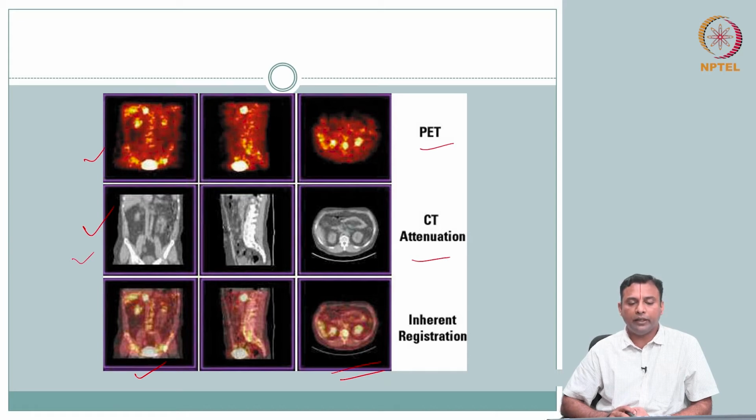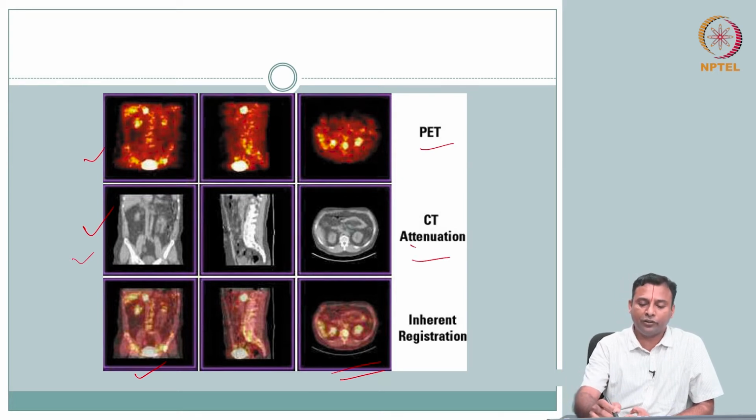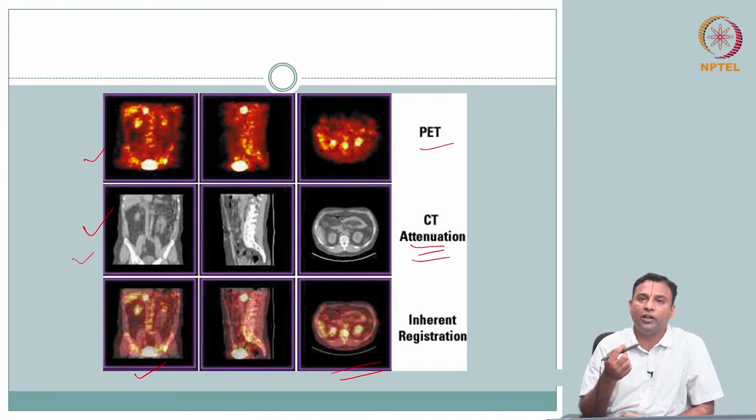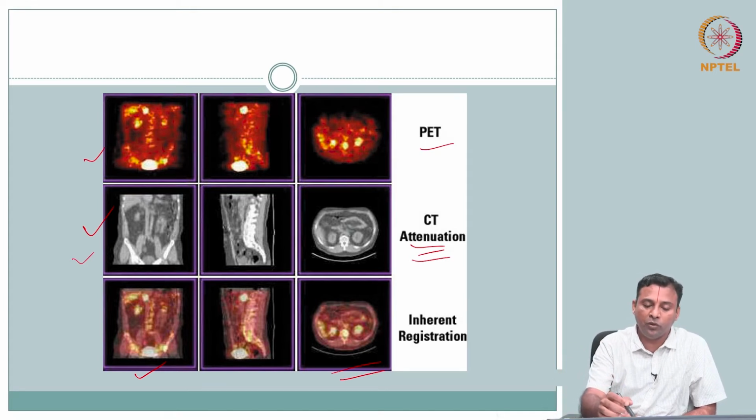What we will try to do now is step in and understand the physics. In the first part, we understood attenuation, which forms the basis for the image pixel: where it comes from, what the meaning of the pixel is, what the units of the pixel are. All that we covered. Hopefully you are able to appreciate that. We will now do the same thing here.